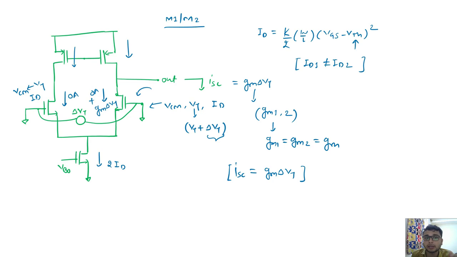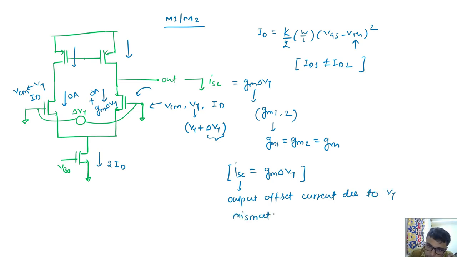Now this additional current flowing toward device 2 is due only to this del VT term. The direction can be anything, I am not worrying about that, but the net amount of current will flow across the output. That is the output offset current